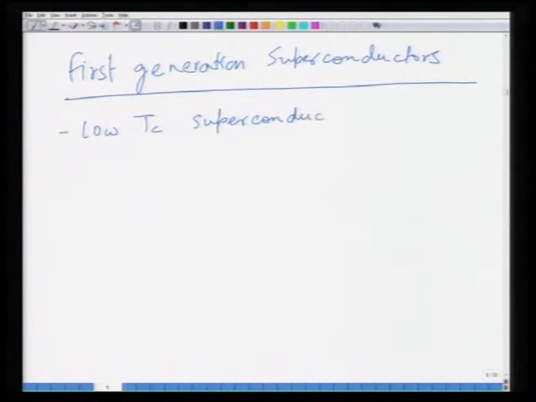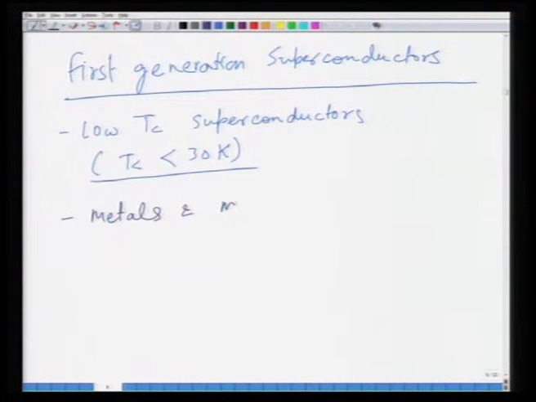What we mean by low TC superconductors is that the TC is lower than 30 Kelvin. That was the definition of these low TC superconductors, and the materials which followed this were metals and metallic alloys,